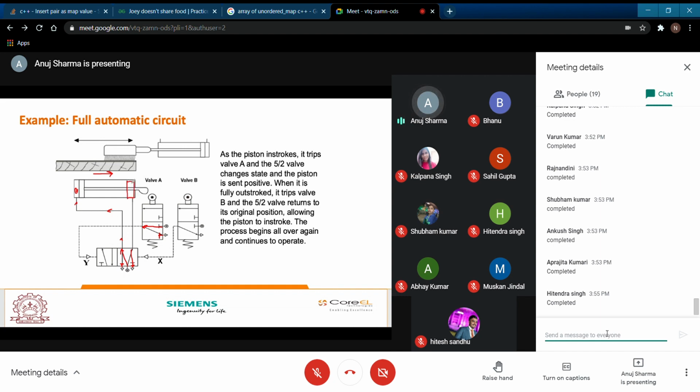When this reaches the end point, your position will be like this. Your valve B is going to get tripped.